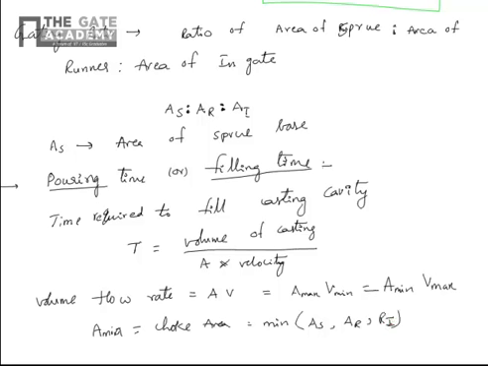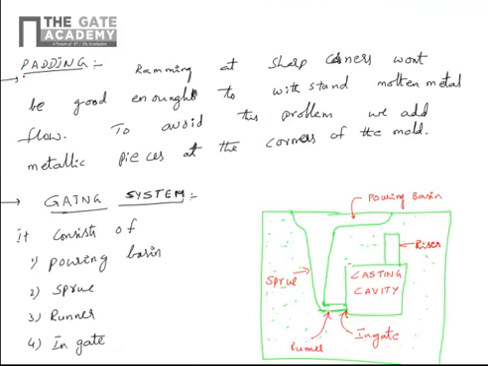Whichever is minimum, we take that area, and maximum velocity root 2 GH, H being the height of the sprue, depending upon the gating system. That anyway we will discuss. So this is about pouring or filling time, how much time it will take to fill the casting cavity with the molten metal. And another point you need to remember is,